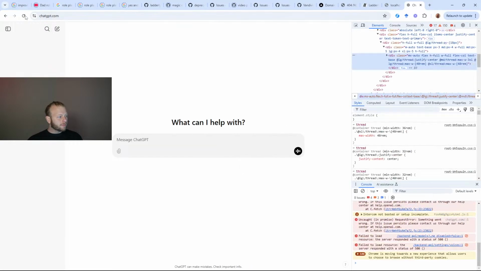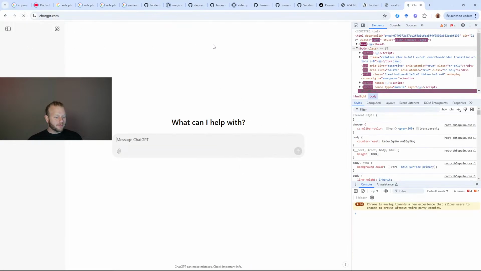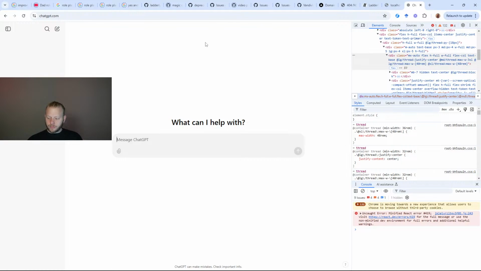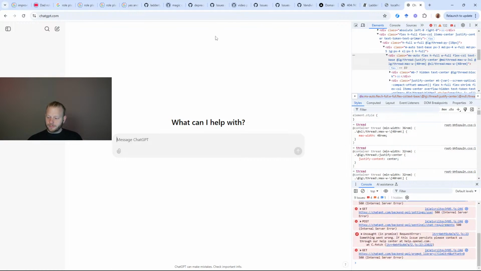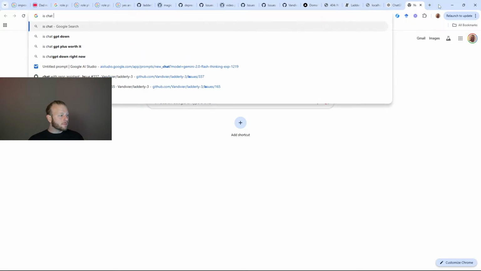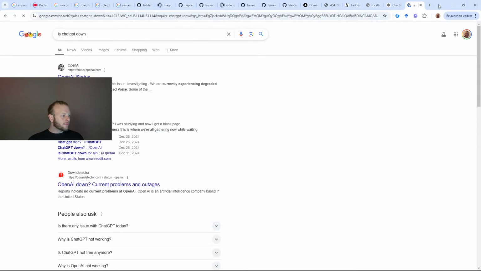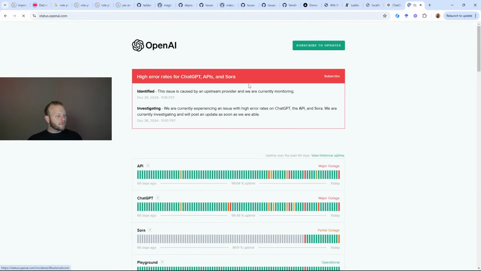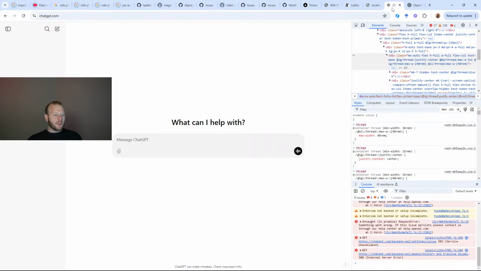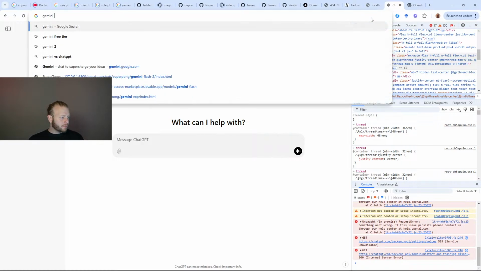Is there an issue with ChatGPT right now? Look at this. Yep, high error rates. Okay, so we will not go with ChatGPT. Who else can we ask? Gemini?